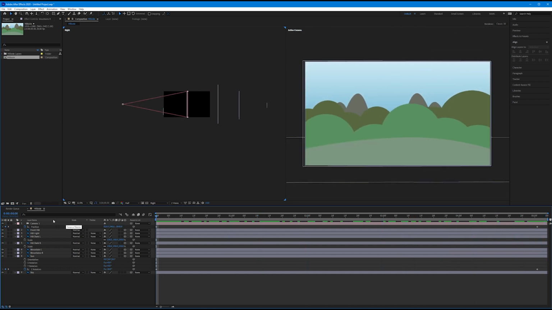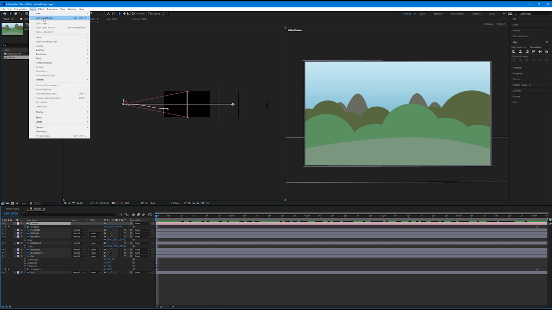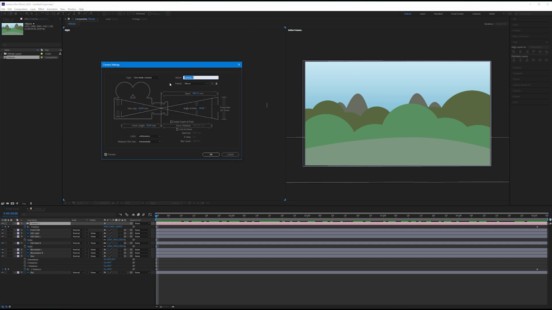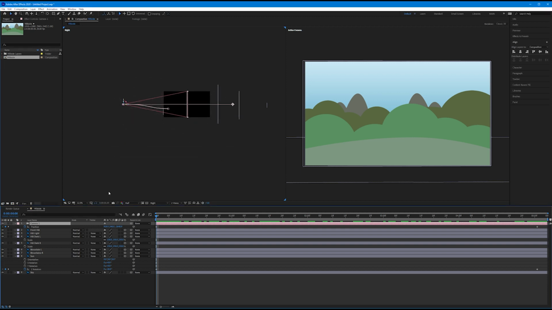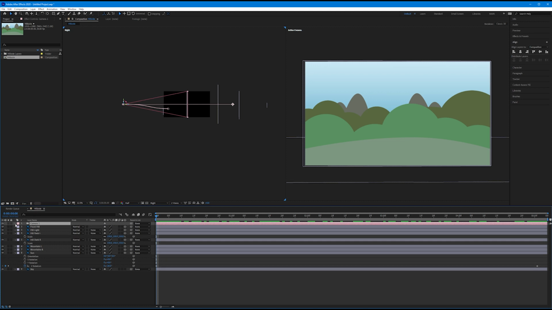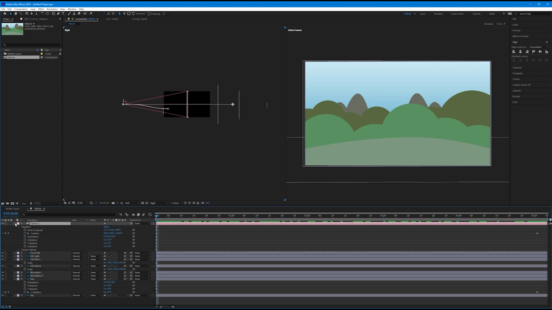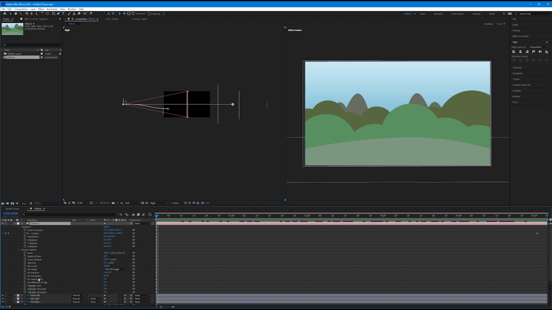Now, if you ever wanted to change the settings of a camera, you can click on the camera in the timeline panel and come up to Layer, and then select Camera Settings. Then our Camera Settings dialog box pops up, and you can change anything about this. Now, we're not going to, but just know that you can. If I hit Cancel and come down to my actual camera, and then toggle the layer down twice, we start to see a Camera Options toggle down, which also gives us most of the settings in our dialog box,